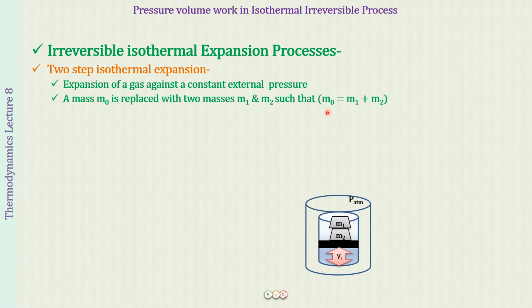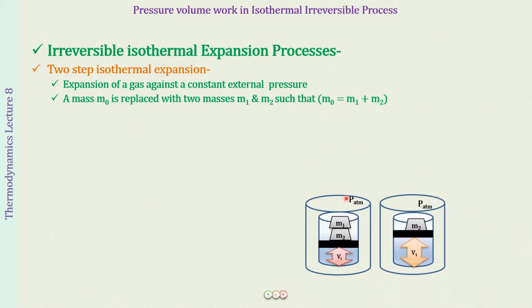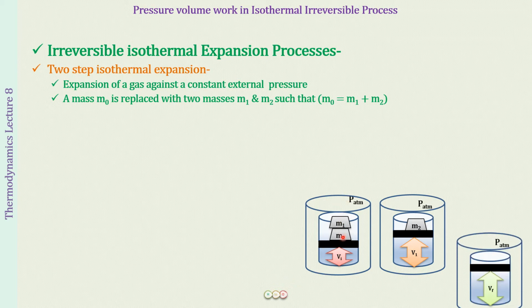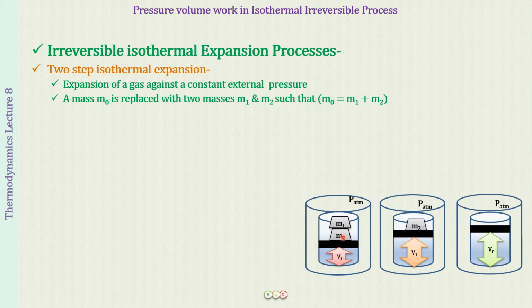Okay, so then you can make a comparison between the two processes, which one is going to be better and so on. So that is why we have taken two masses which is going to be equal to the mass that we had taken in the one step process. So what will we be doing now? Well, first of all, we will be removing m1 mass in step number 1, and in step number 2 we will be removing the m2 mass.